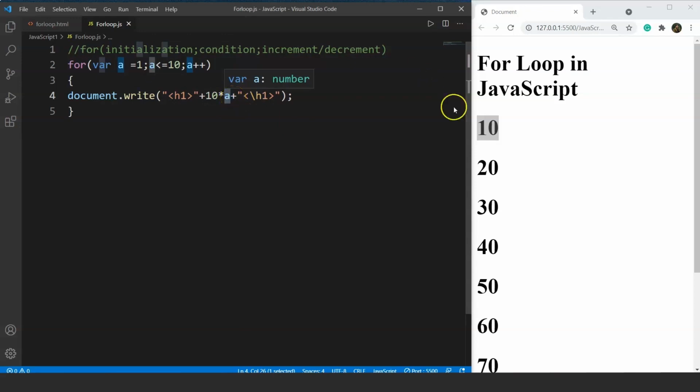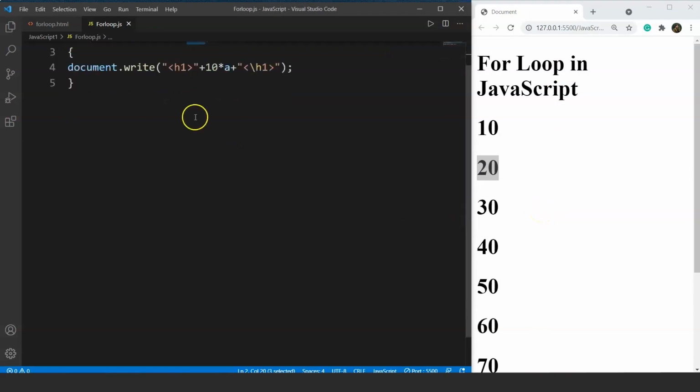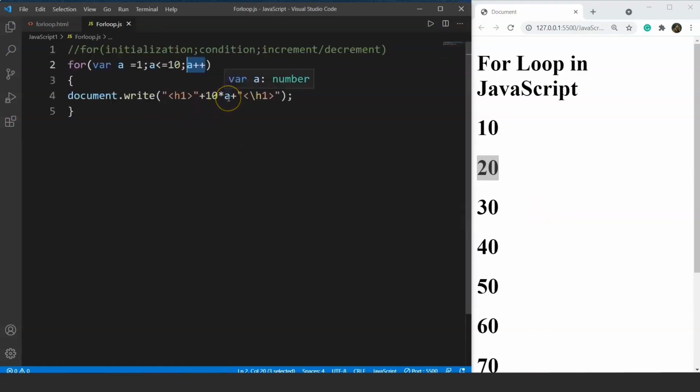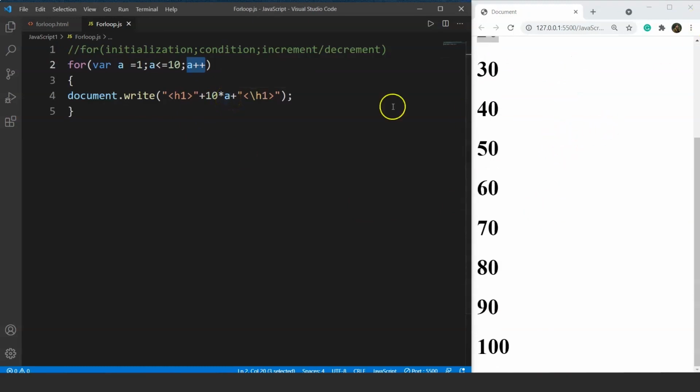And after that it will print 20 here, and after that the value of a will be increased to 3 because we have used a++. Then it will check, is 3 less than 10, and the same thing will happen, it will print 30 and so on and so forth till the value of a is 10. Now if the value of a is 10, it will print 100, right? And when the value is incremented, it will become 11. So what will happen? Now it will check for 11 less than equals to 10. No, we know that 11 is not less than equal to 10, right? Then it comes out of the loop and it will print nothing after that.